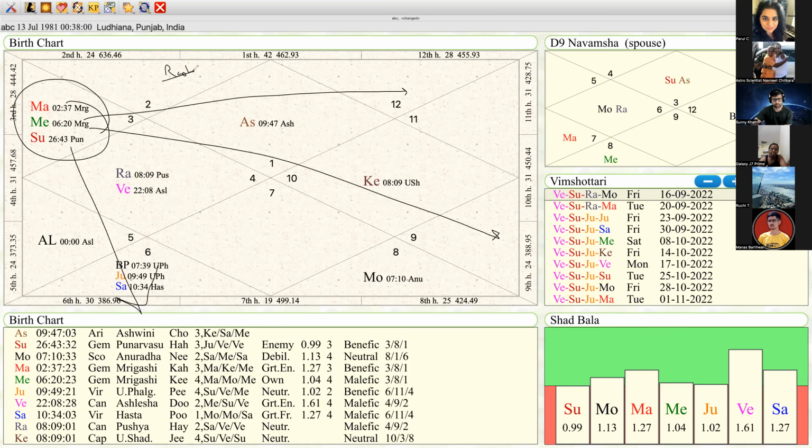Yes. Third house is the house of communication and prakram, and the Lagna Lord is sitting in the third house. The person will have prakram, he will have communication, he may be aggressive at times, and his Atma Karak Surya is also sitting there. It's a planet with the highest degree. Let's talk about individual grahas first. Let's talk about Mars, the Lagna Lord, the Lord of the first house, in the third house, the house of prakram.